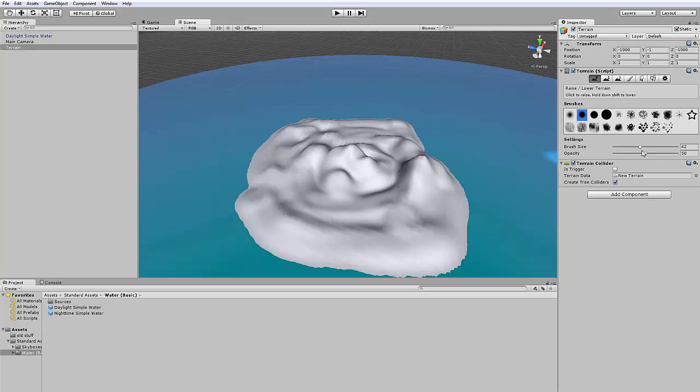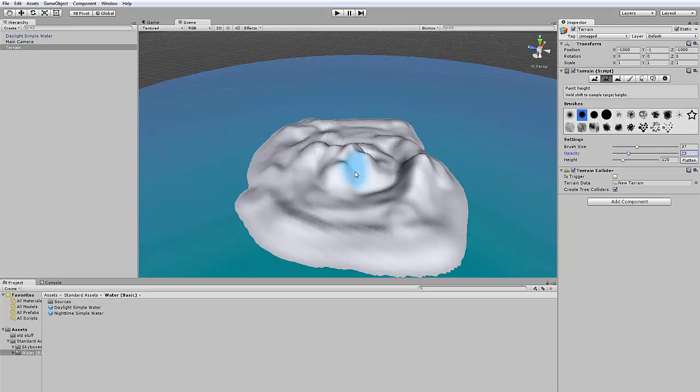You can increase or decrease the brush size here and the opacity here. Opacity is like the speed, how fast you increase the terrain size. Here you can press Shift for setting a height. For example, I go on this here, press Shift, and now all